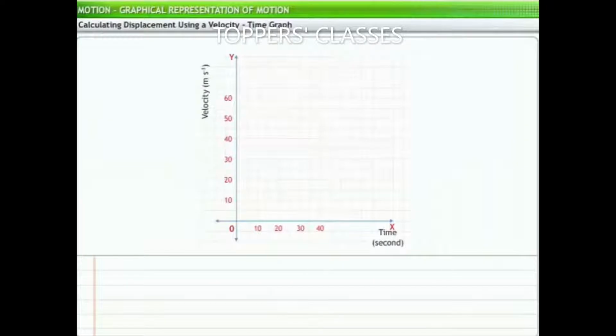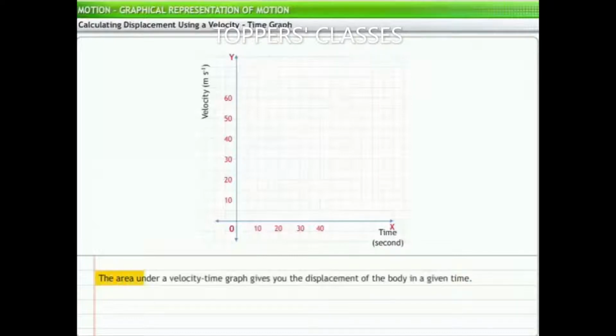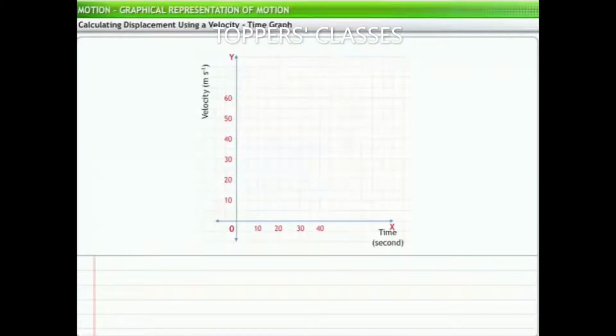Just as you can use a distance time graph to determine the speed of an object, you can use a velocity time graph to determine the displacement of an object. The area under a velocity time graph gives you the displacement of the body in a given time. Consider the velocity time graph of a car moving with uniform velocity, say 30 meters per second. To determine the displacement of the car between points A and B, which represent the position of the car at durations 20 seconds and 30 seconds respectively,